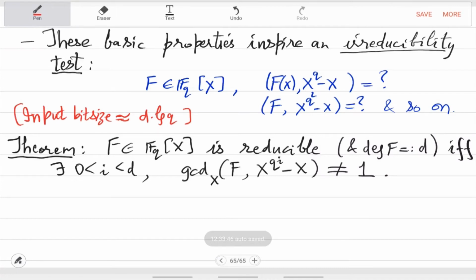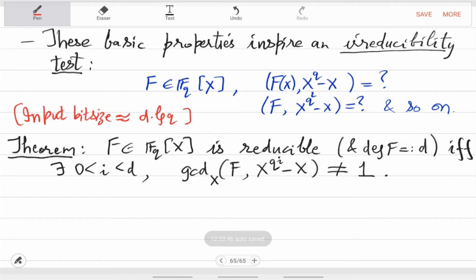Well, you should reduce x to the q mod f, compute the remainder. There was a question in the assignment that this exponentiation can be done in log q repeated squaring. So, you compute big X square, then big X4, then big X8, 16 and so on. This will only take log q iterations. So, very quickly you can compute the remainder of x to the q mod f,